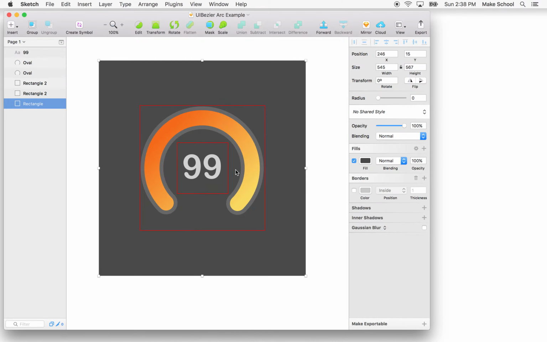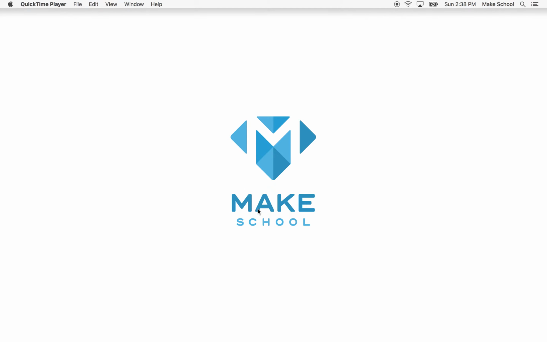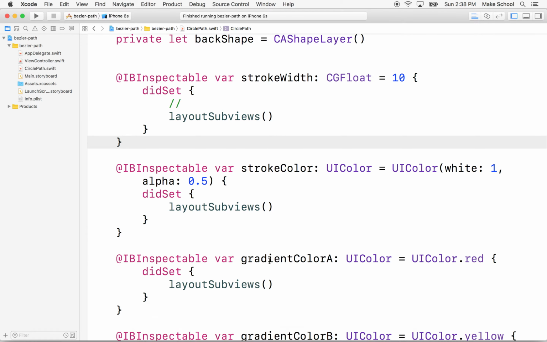Originally, my component that I designed in Sketch looks like this, and it's got a background that is offset from the colored area. So the colored stroke comes around like this, but the background of the stroke sits a little bit outside, right? So I'd like to add that as an inspectable property so that we can set the offset of the component in Storyboard, right? So what I'll do is I'll go to my code here